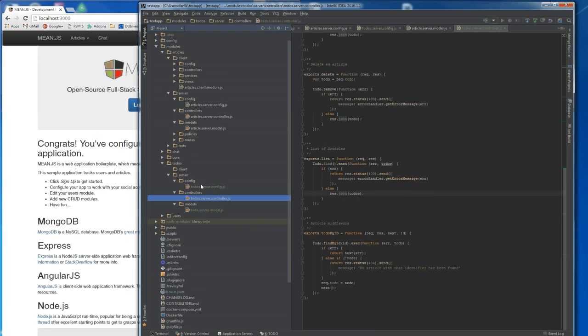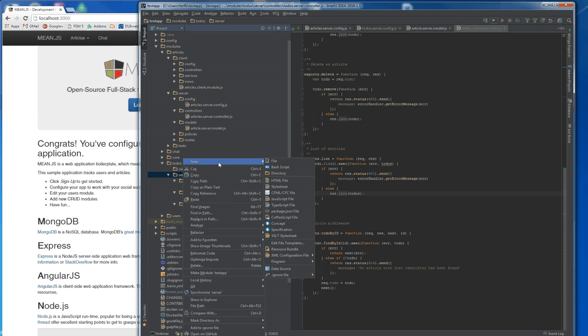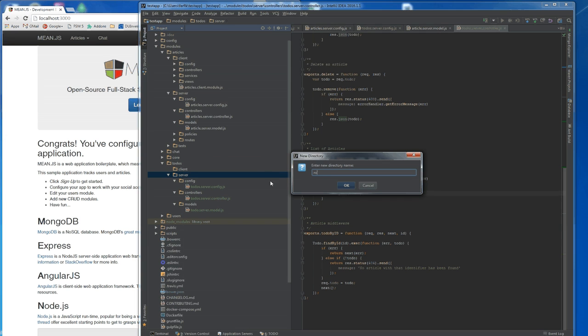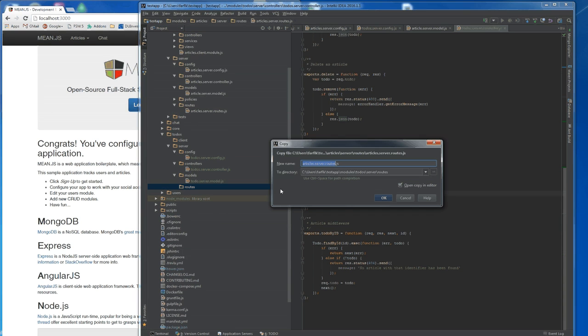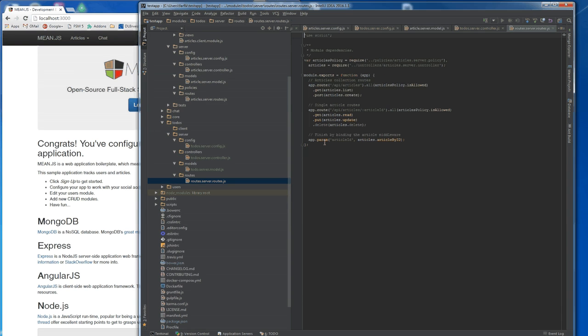Now is the time to map the URL with these controller methods. In order to do that, we're going to have another component called routes, and obviously I'm going to copy this routes file over here. And here, just see, we are taking the controller of the articles. So we are not going to take the articles controller, but we are going to take the controller of to-do, the controller that we have done, and I'm going to rename this